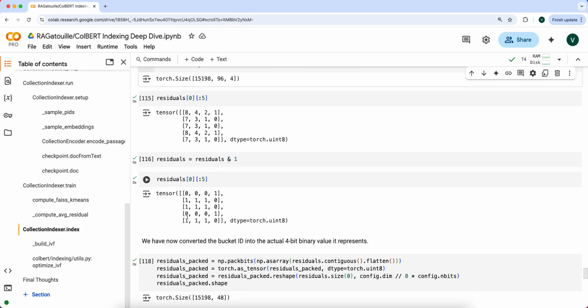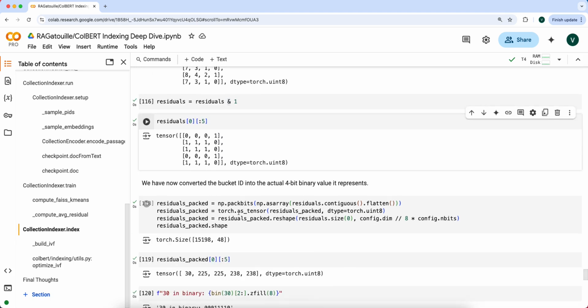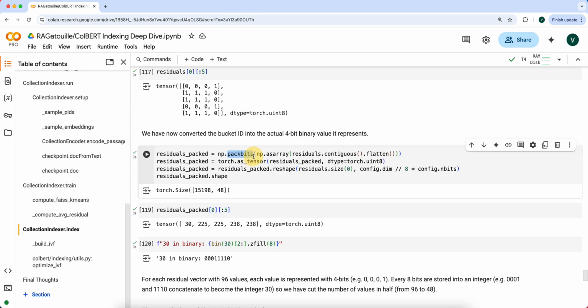But where we get down to eventually is that instead of the bucket cutoff index, we now have a 4-bit value that corresponds to whatever that particular cutoff or weight value was. So 0001, this is a 4-bit value. 1110, another 4-bit value. Okay. So the next few lines of code, we're going to go based on the result, where this pack bits operation